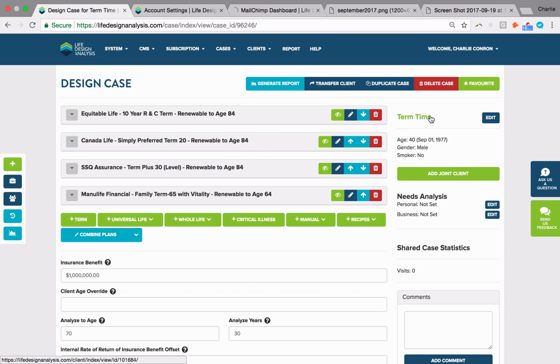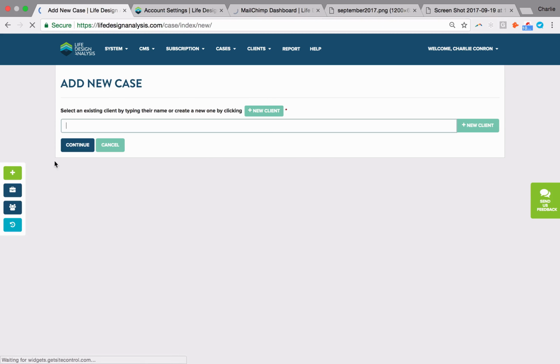And again, we can actually still use term versus time on this particular client. Maybe not one or the other product is exactly right for the client. Maybe it's a combination of all. So what I'm going to do here is create a new case. And if you haven't used our side shortcut bar, these come up when you move your mouse to the side. They're just quick shortcuts to add a new case, go to the cases that you have, go to the clients that you have, or even pop back to the very last case you were working on.